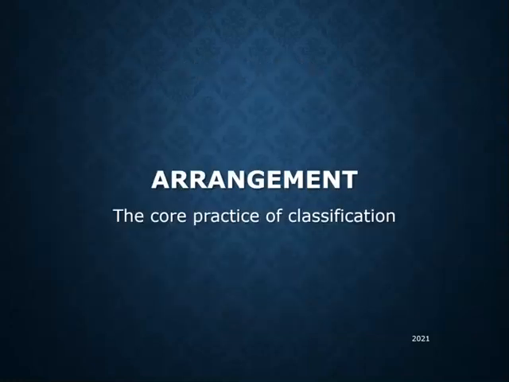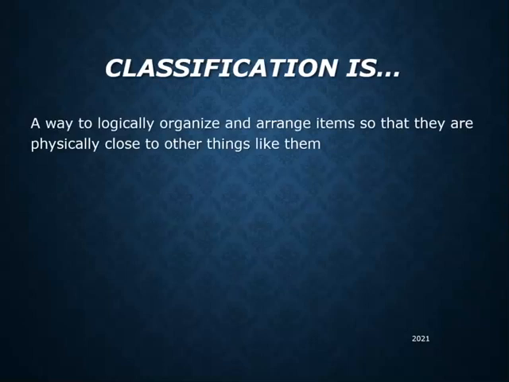Then comes arranging objects in a logical manner so that you can find one where it is supposed to be, tucked among things like it. That's where classification comes into play. Classification essentially assigns a street address to every object so that it can be found somewhere. It makes the address pretty unique so that library users don't get lost, and they can tell that this house is not that house.